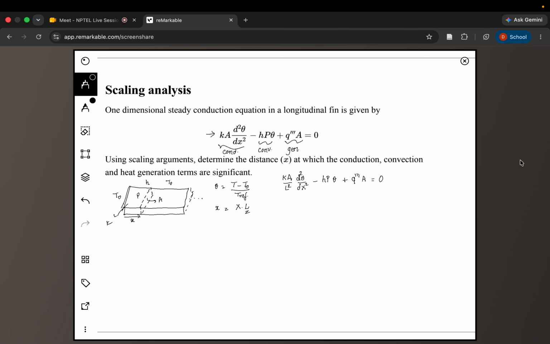So now we have to do the scaling analysis, where we compare the order of magnitude of each of the terms. The first one will be of the order Ka by L square. This one will be the order H times P. So for the first part, to understand where conduction and convection are the only important terms, only if we scale between these two terms, conduction and convection, then we would have,